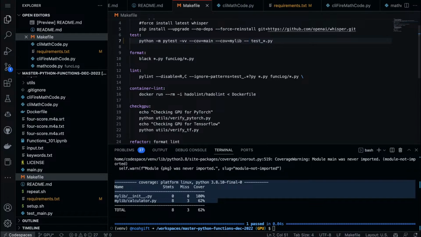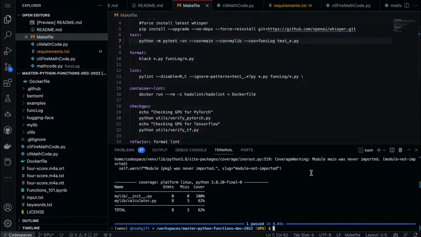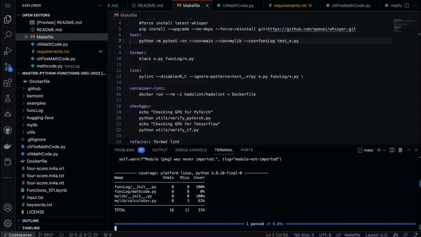I'm going to add another one, which is the func logic, right? Which is coverage equals, and it's going to be func log, func log. Okay. Let's make test, and it should say 0, right? So there's no testing at all inside of this.